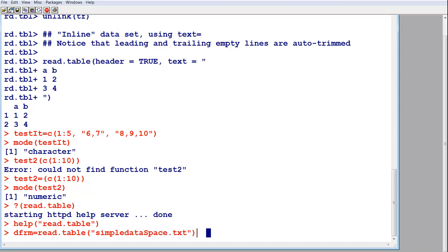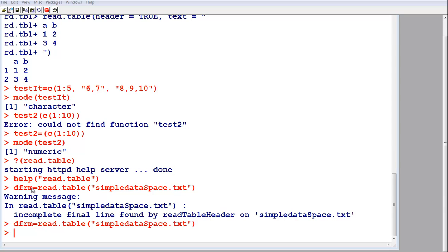So let's see if what I wrote works. Okay, so I did it here, and actually it didn't quite work. I got a warning message. There's a difference between an error and a warning message, actually. So getting a warning message doesn't mean you got an error. But I did get a warning message. You can see it written in blue here. And it says warning message, in read.table, incomplete final line